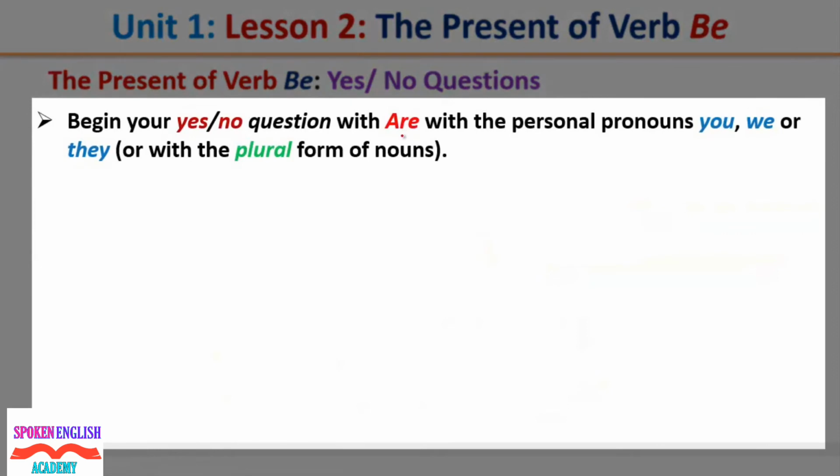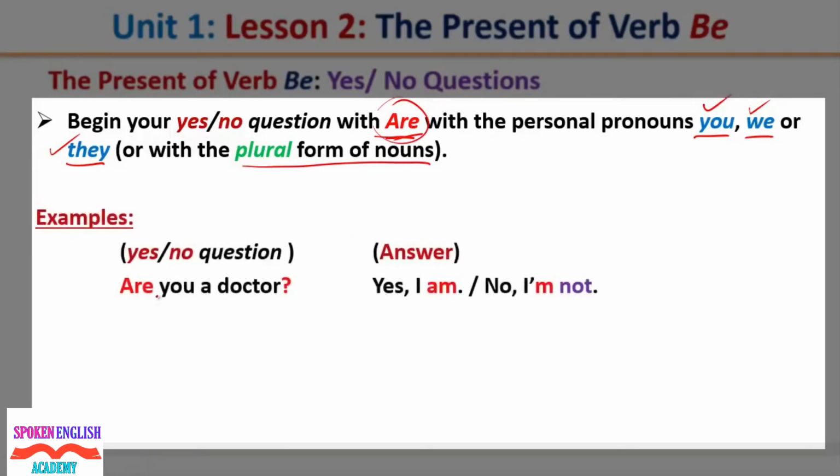Begin your yes no question with are with the personal pronouns you, we, they, or the plural form of nouns. So with you, we, or they, or any plural nouns, we start the question with the verb are. Example: